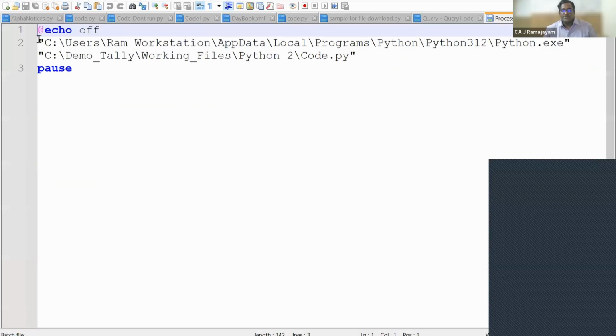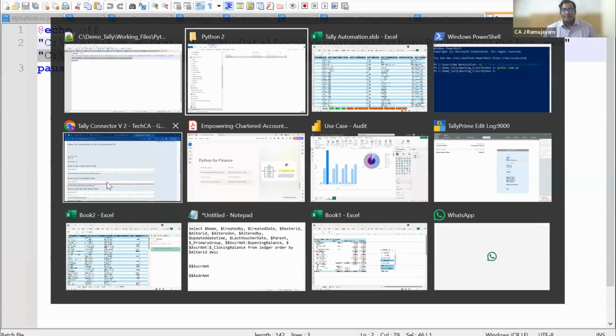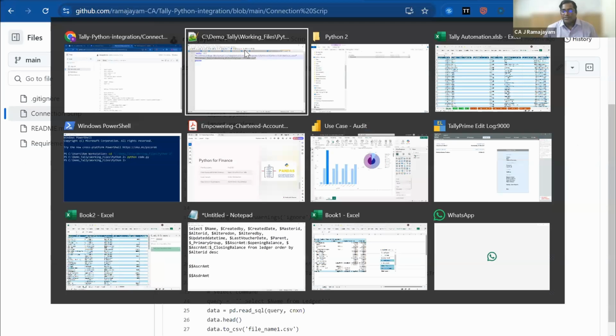It says C users Python exe, the path of the Python file. This is the path to the Python exe. Then this is the path to the small file code.py, which we have taken from my GitHub under the connection script, Python integration. So now if I double click on this process.bat,